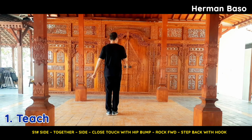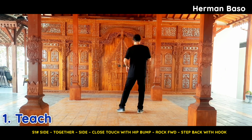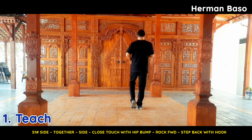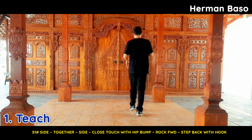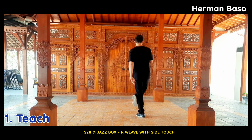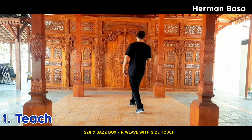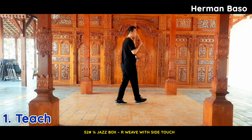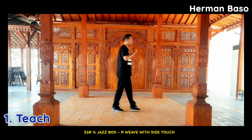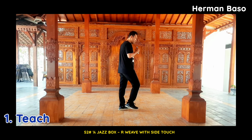Section 1: basic bachata to the right, side together, side close touch with hip bump, and then step forward, recover, step back, hook. Section 2: quarter turn to the right, jazz box, cross, back, side, forward, and then side, cross behind, side,